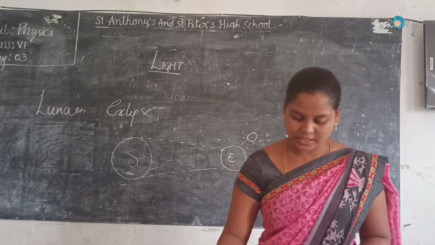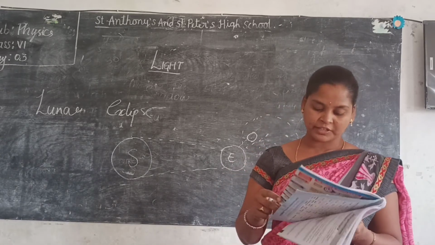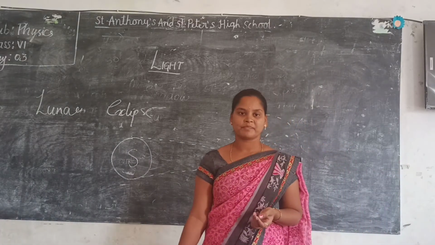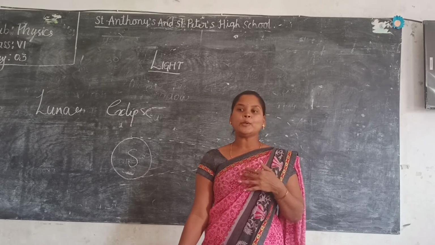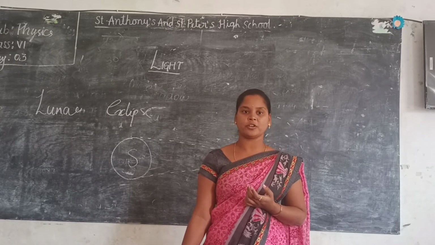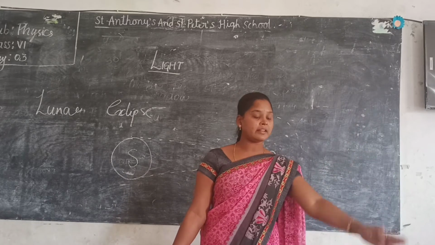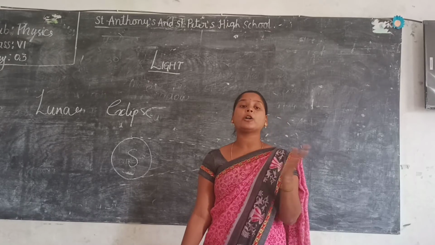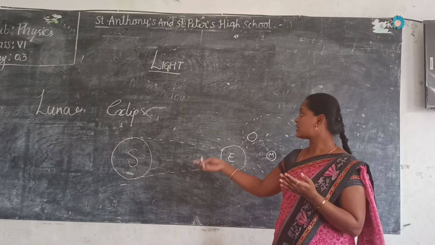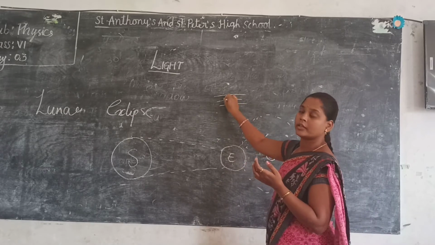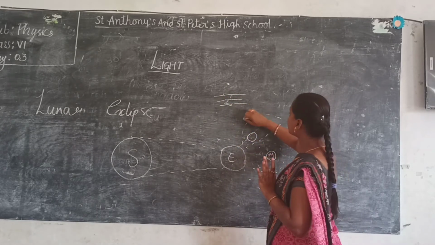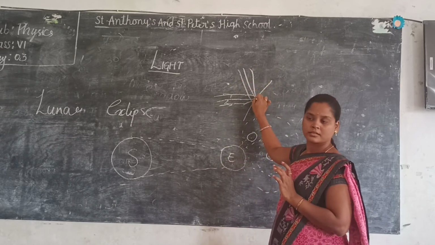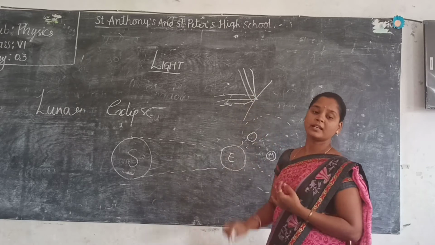What is reflection of light? Reflection of light means what? I am saying light reflects. What is reflection? We are all able to see things just because of reflection only. Light falls there and it strikes our eyes. That means bouncing back of the path of light. Light is coming in ray form or not? Yes, ma'am. When it is coming, we are not seeing, but when it touches a surface and bounces back, at that time we are seeing it. Due to reflection only we are seeing.